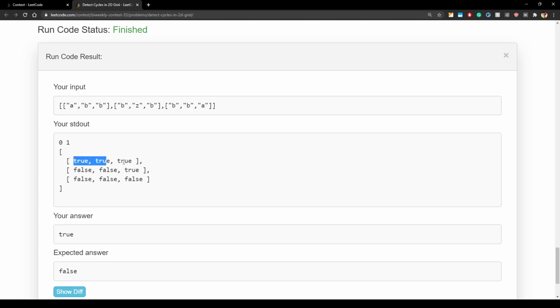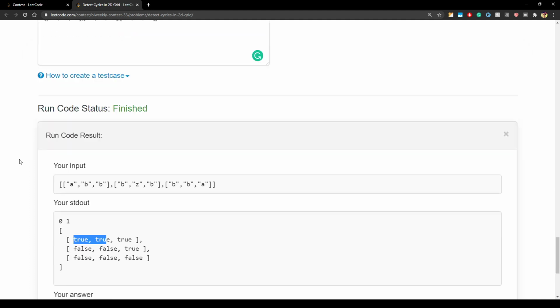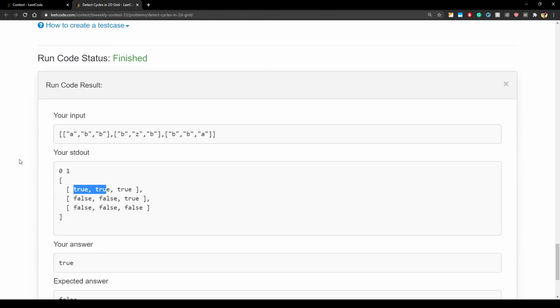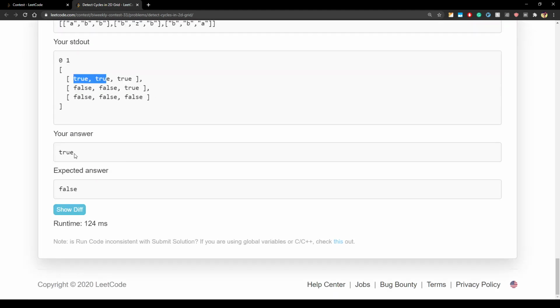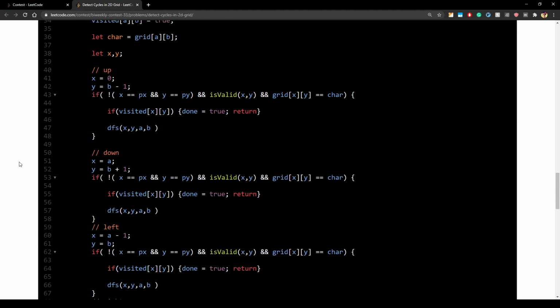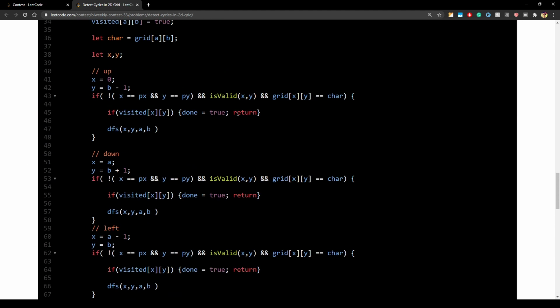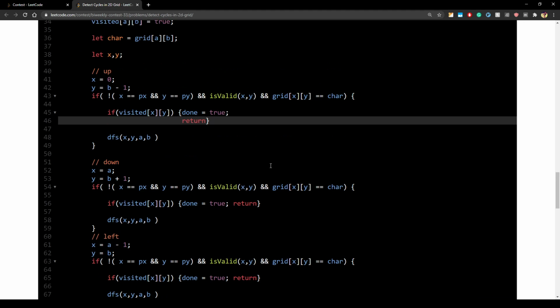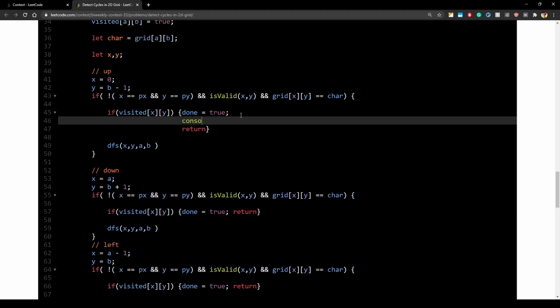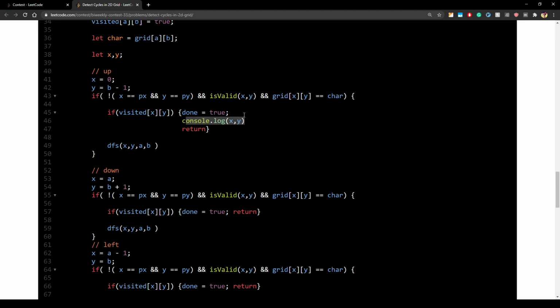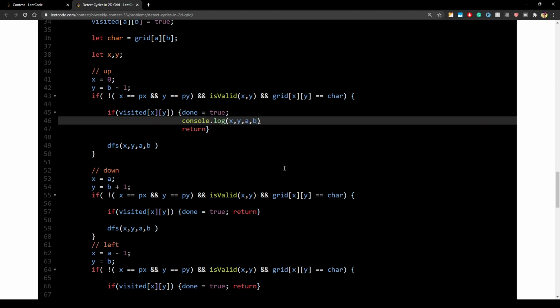I tried to go to B. Okay. It is giving true. So we'll have to write console.log at one more place, which is here at every direction. That's why we should do it in a loop. And I'll also print a comma b.